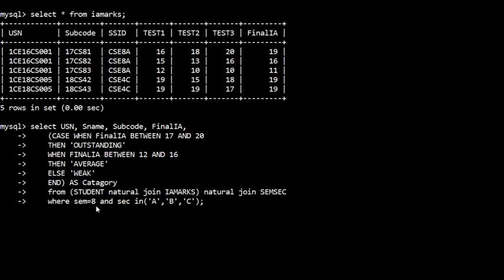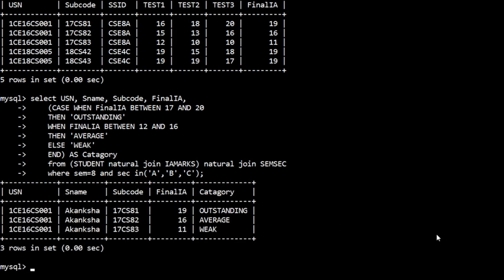Now this information we can get from student, IA marks and SEM section, so take the natural join of these three. And what is the condition? We are grading only for semester 8 and students who are in ABC section. We have not given B and C sections here, only A is there, but according to the query we have to include this condition, so section is in A or B or C. If you execute this, we'll get only